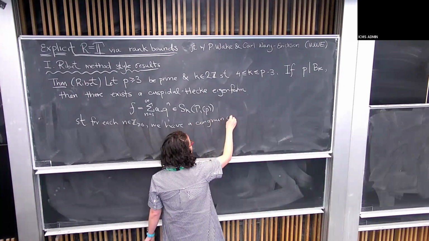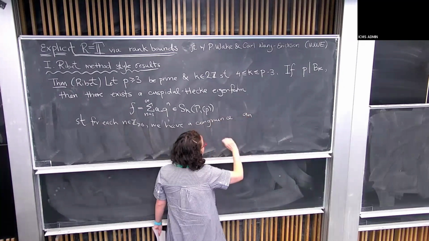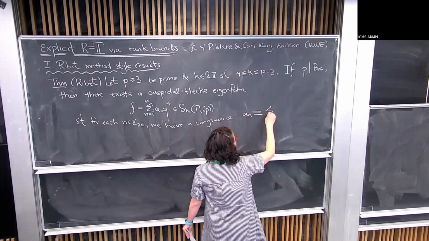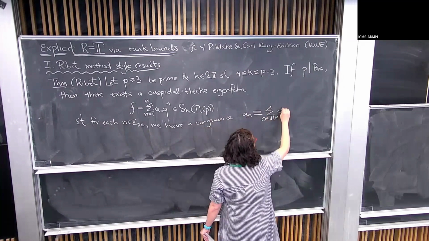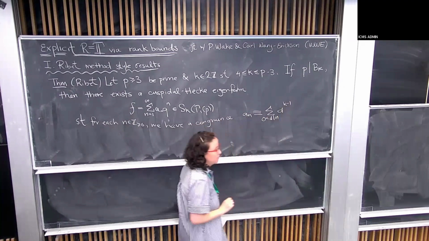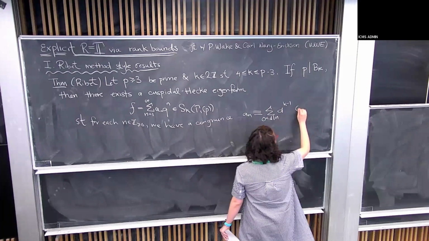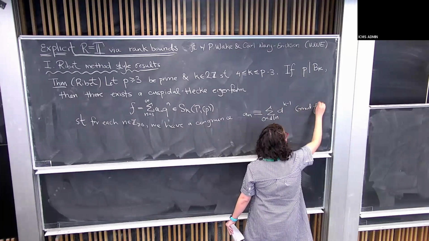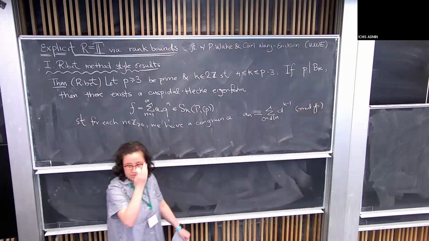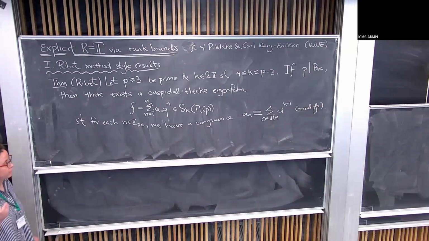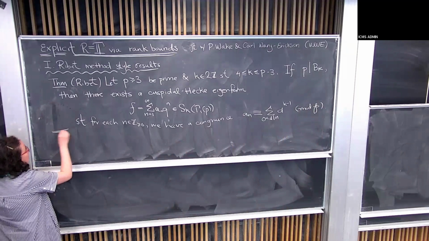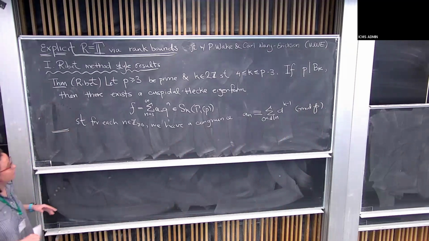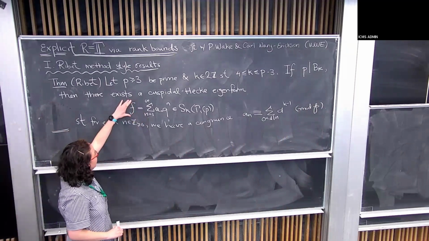which we can write, so a_n, the nth Fourier coefficient, is congruent to the sum over divisors d of n of d raised to the k minus 1. And this congruence is holding mod some prime ideal over p in an appropriate number field that contains the Fourier coefficients of our form. Okay, so this is a way that we could state Ribet's converse to Herbrand's theorem in the language of our cusp forms. And in particular, I want to point out that we could pick a Hecke eigenform here of any